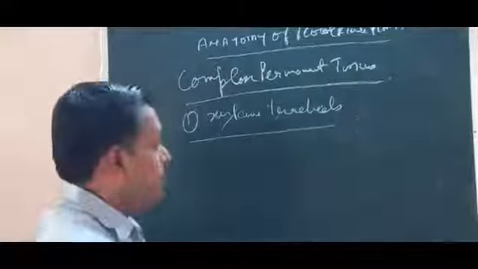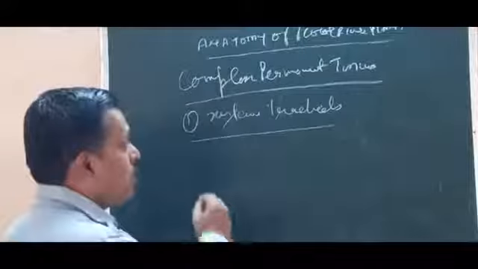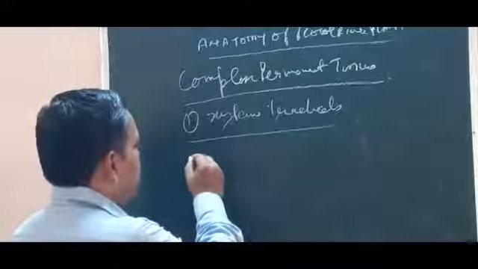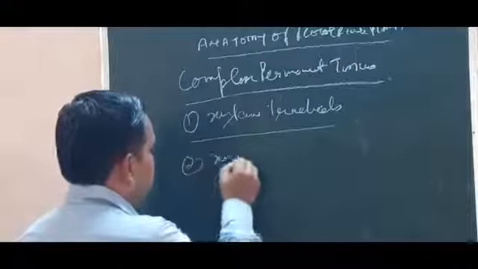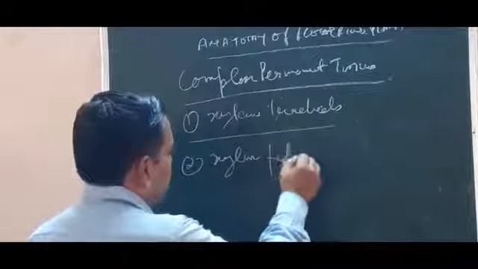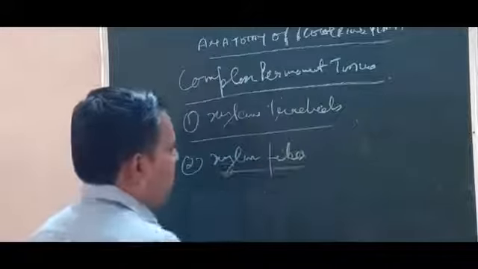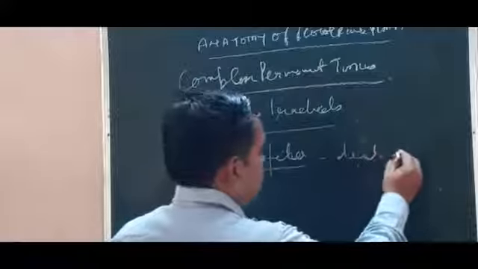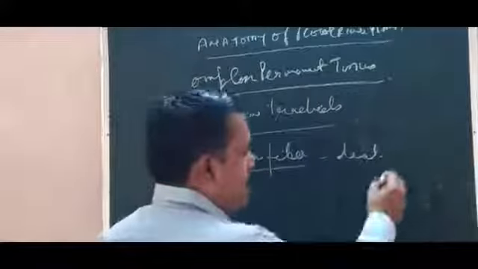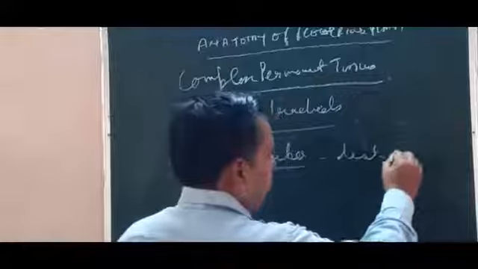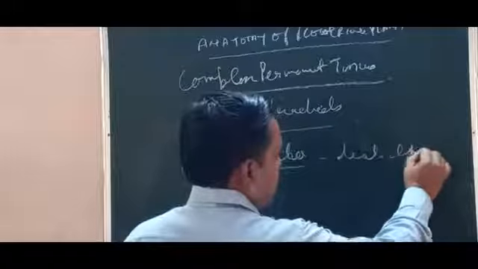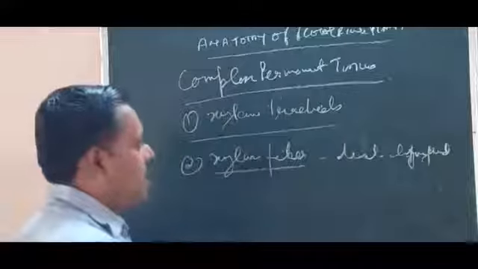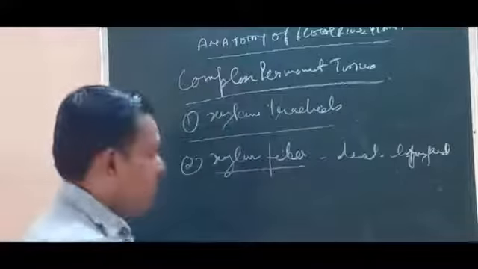Now the third member of the xylem elements is the xylem fiber. Xylem fiber is a special cell which is also a dead cell and a highly thickened cell. It has a lignified wall, and it is a thickened, dead cell.